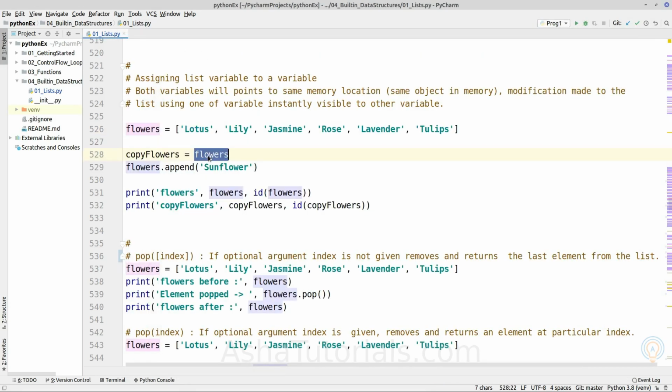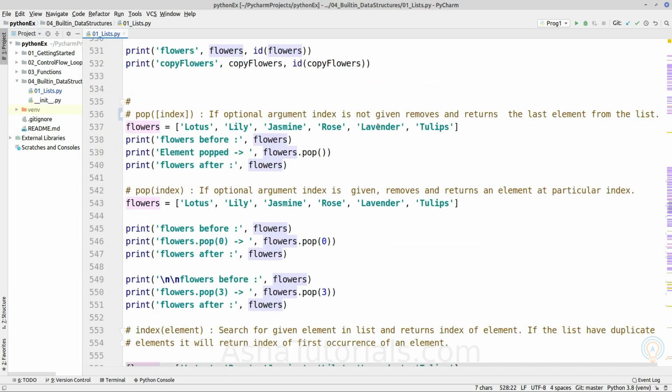For immutable data types, we were not worried because whichever operation we performed on a string object, it was not modifying that particular object. So assigning a variable to a new variable for an immutable data type does not create a problem. But whenever you are assigning a mutable object, you need to keep that in mind. You are not creating a copy of it. So whatever operation is performed on either variable will be visible to the other variable, because inside memory it is pointing to the same list object.